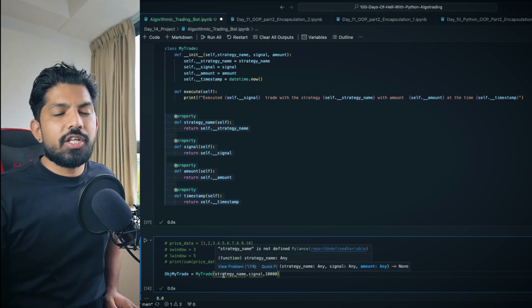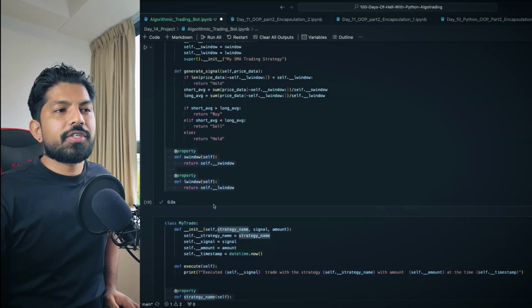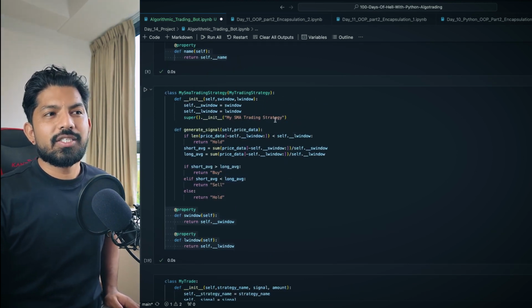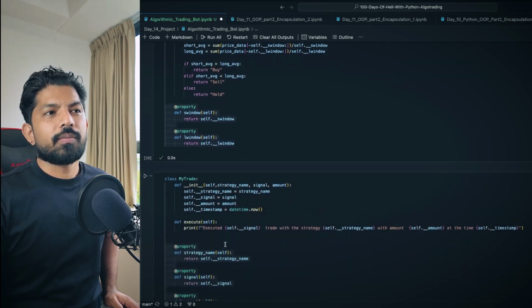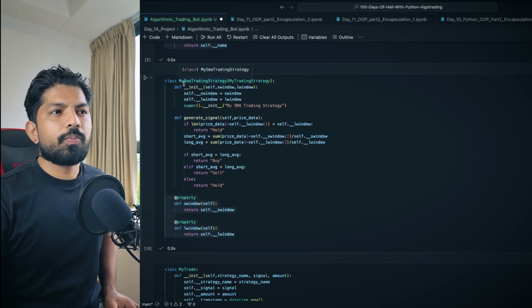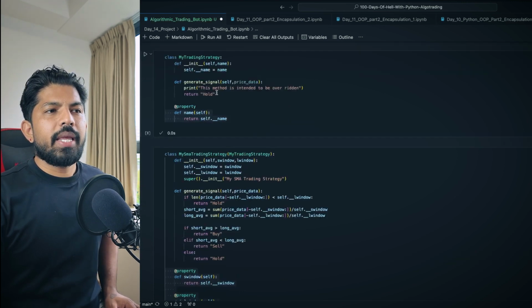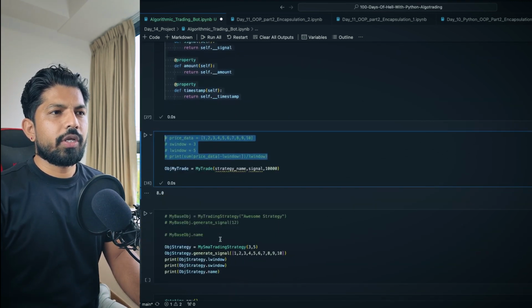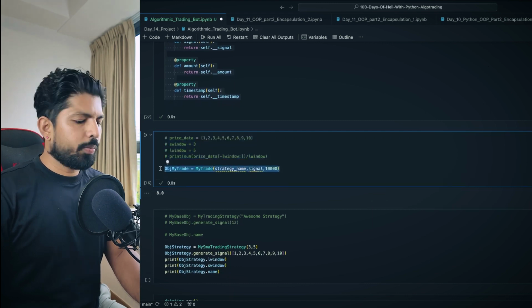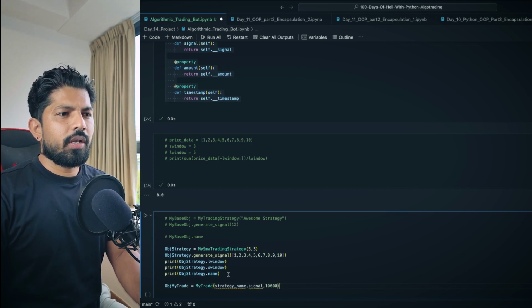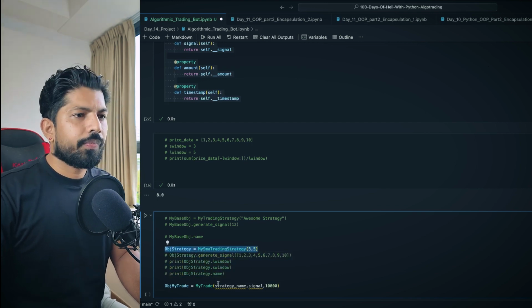Now we need the strategy name here, but we know that in the previous class we already have a strategy name, and we need that only. So how can we access this and pass it to this object? As we have already created the object for this class, I can just pass the name of the object and then the name of this method, right? So I'll uncomment here, copy and paste this here, and for now let me comment out all these, because we just want this first.